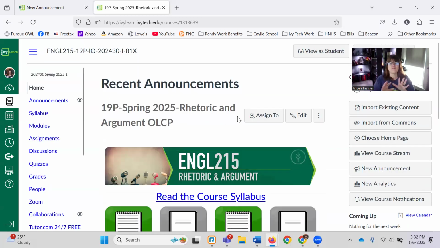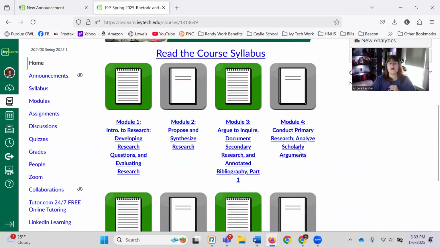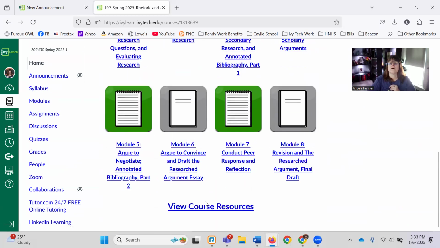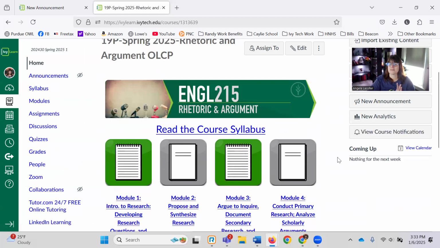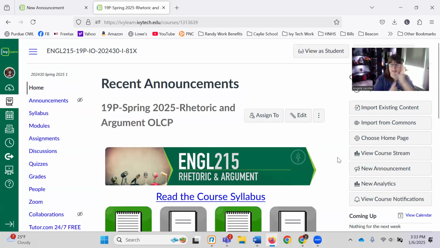Okay, so I think I've gone through everything. I have not stopped talking and put my foot in my mouth a couple times. As you can see, you can jump to modules down here, view course resources, but they're all linked over here too in your modules. There are many ways to get to the information you need. It is all linked together. They try to make it as accessible as possible, so wherever you're at, you can find what you need. Again, reach out to me if you need any help.